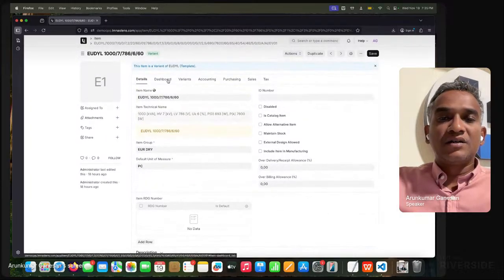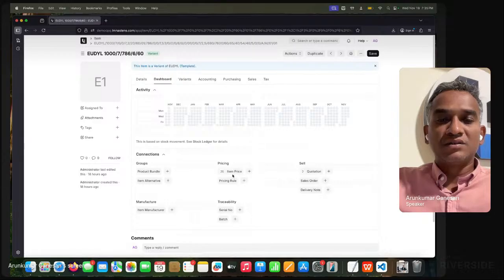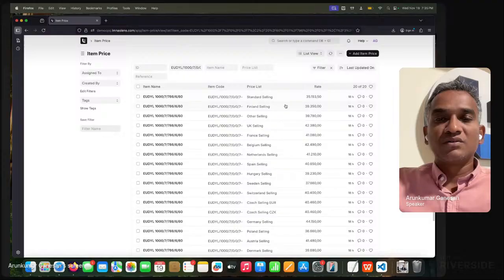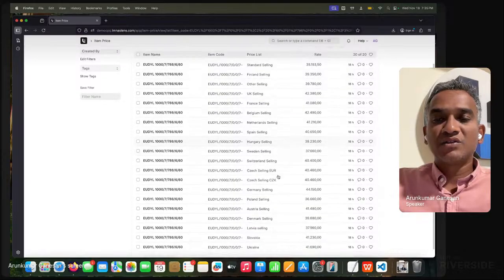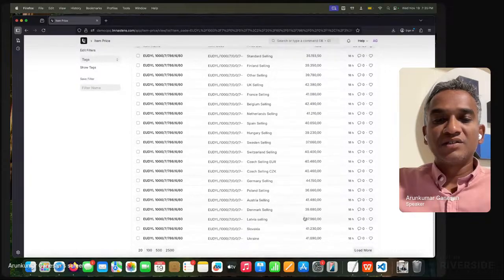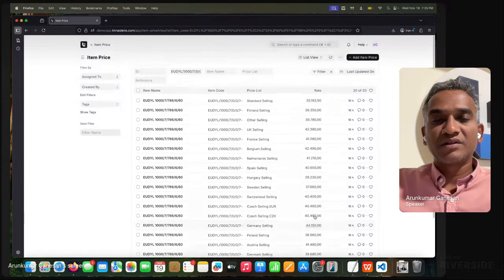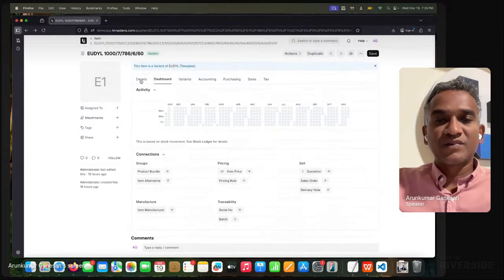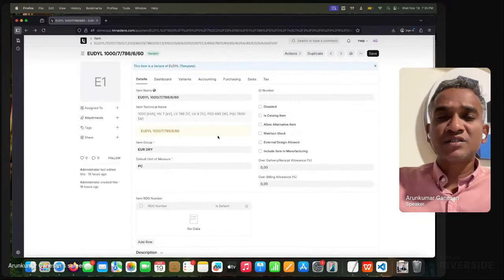And you see there are different prices created. The standard selling is this much, and so many different prices have been created for various different regions. So I really don't have to do all this manually, right? So that's how the system works.